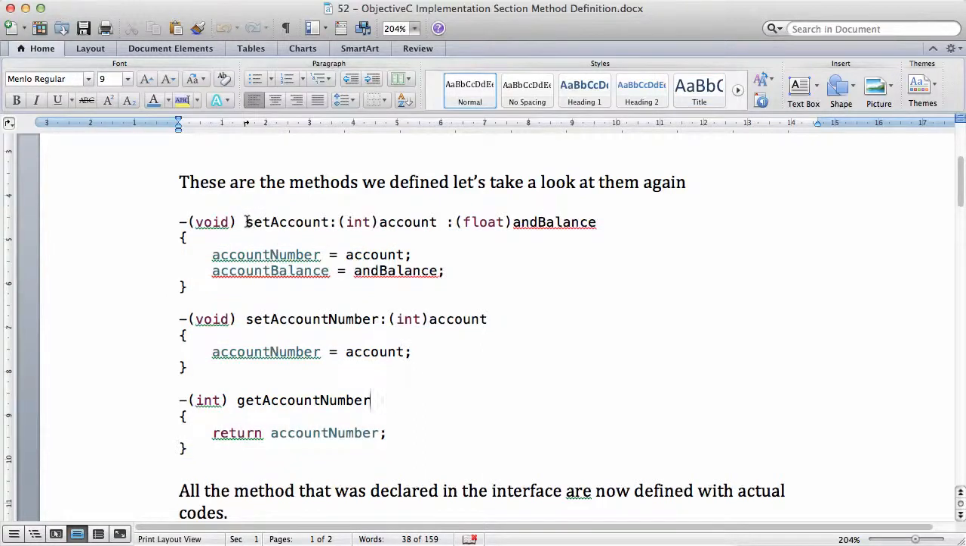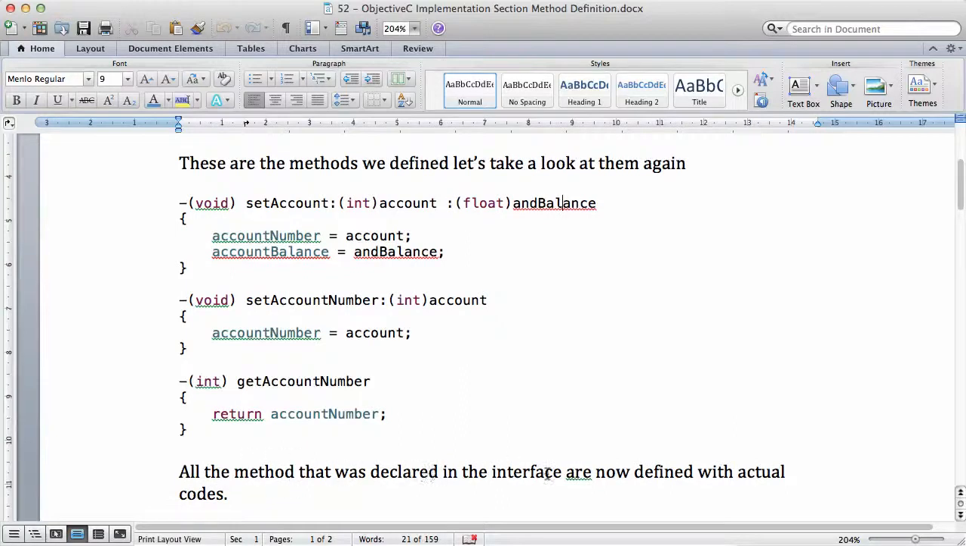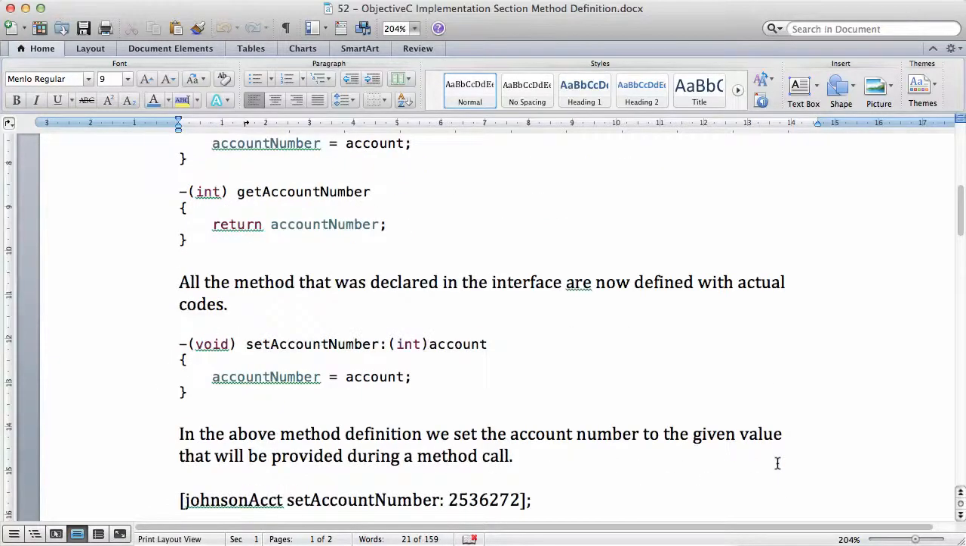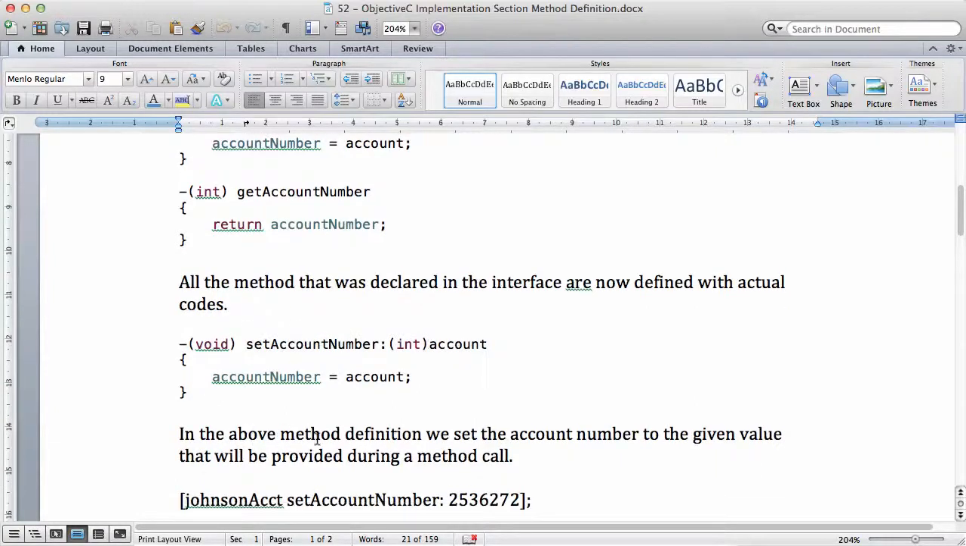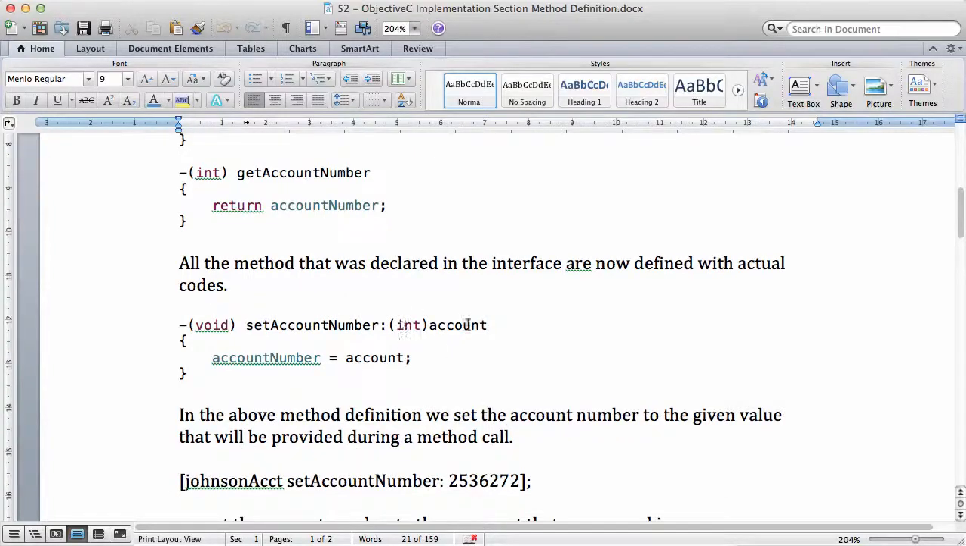So we have set account that takes an integer and it takes a float. So this one will set an account. All the methods that we declare in the interface are now defined with actual code. So let's look at this one. In the above method definition, we set the account number to the given value that will be provided during the method call. So if you look here, we say to set the account number, then the account number will be equal to, remember this is our instance variable, account number will be equal to any argument that